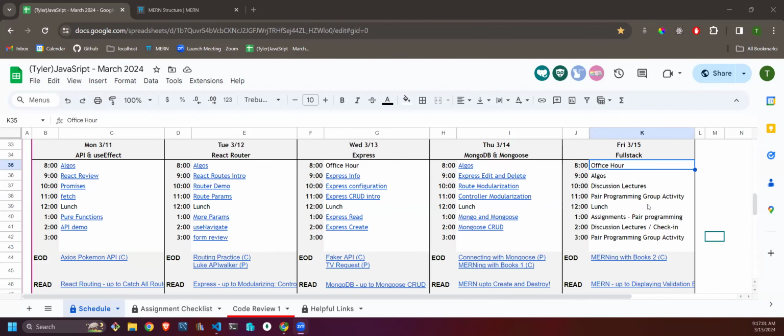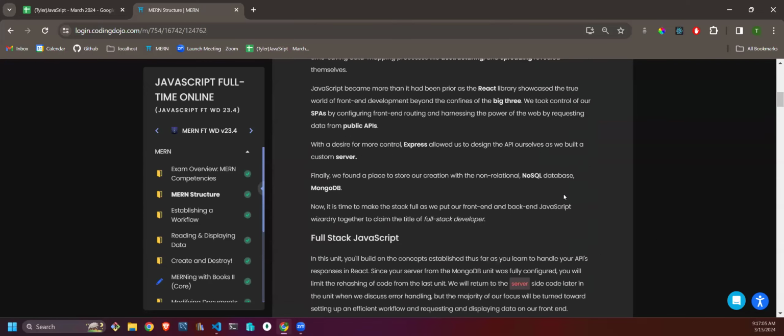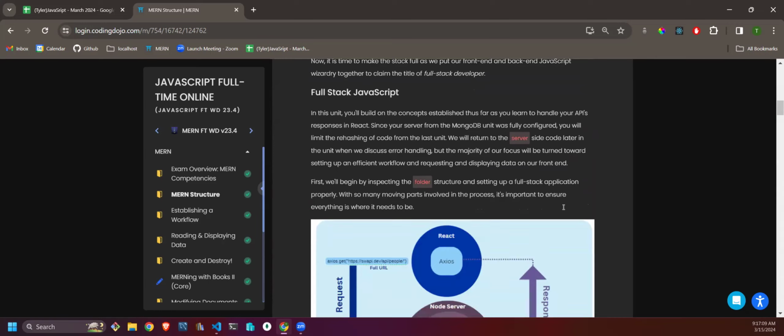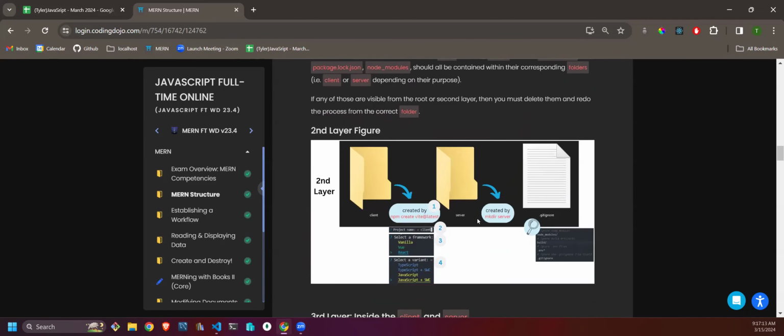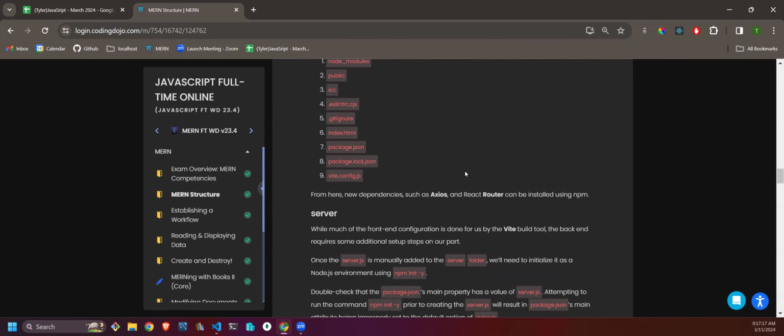Okay. So the platform goes through the structure of our full stack application, and it does a pretty good job. There's a lot of tutorialized content, you can follow along. But what I've done and what I want to go through is making sure you guys are able to do this. Okay. So in terms of pacing, I technically could finish everything today that you need for the exam, but